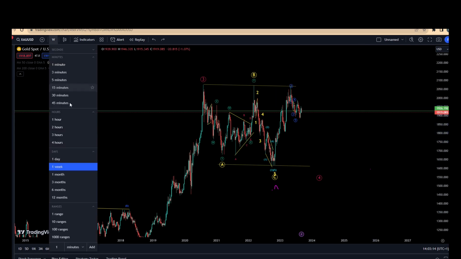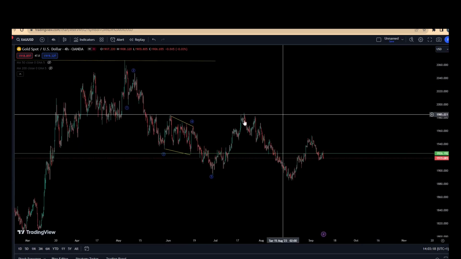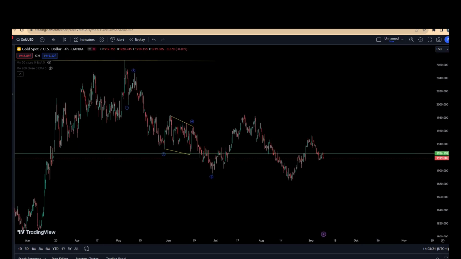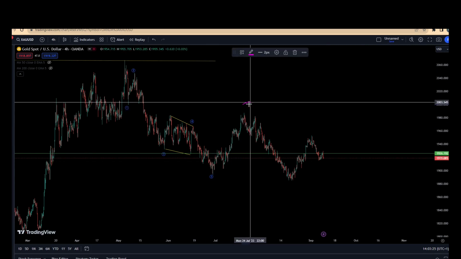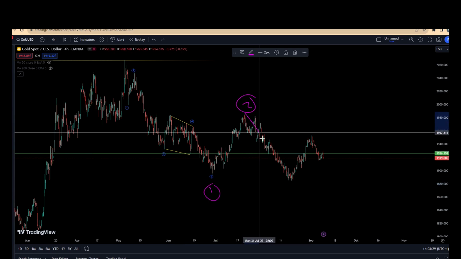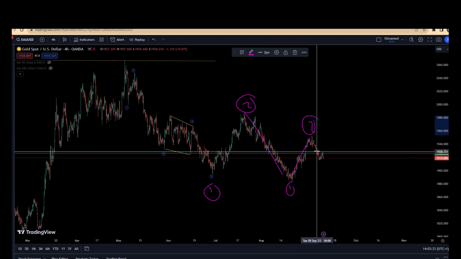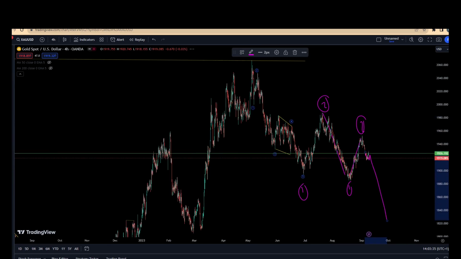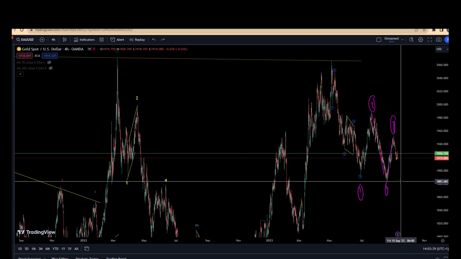That's the long term, but in terms of short term degree, I also say the same thing. We do have an impulsive move right here, so this could be a wave 1 here or wave A. We have a 1 2 3 into a wave 2 right here, so this is a wave 1, and this could be the start of a wave 3. So wave 1 is finished, and this is a wave 2, and we could see this market push towards the downside for that wave 3 4 5 to eventually continue going towards the downside.